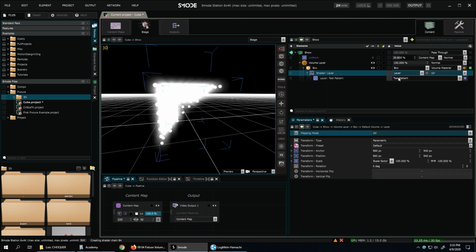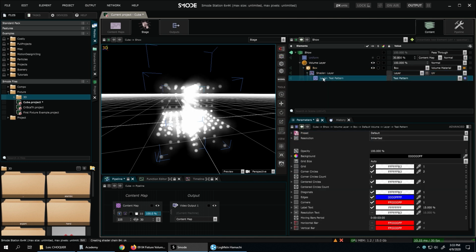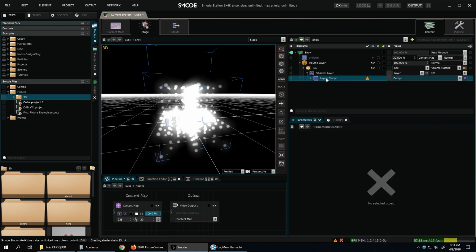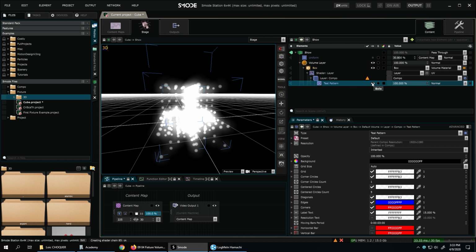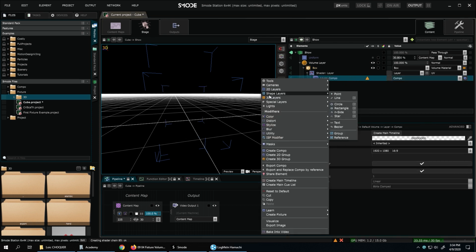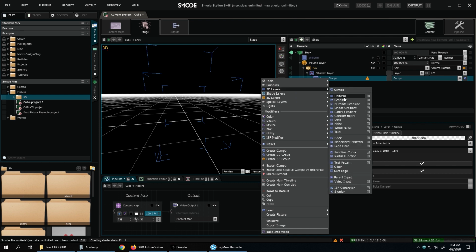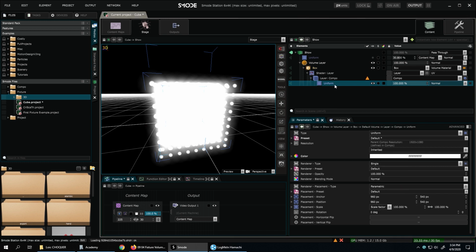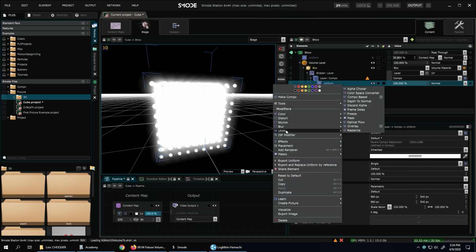So next is the layer mode. So this is like a composition. You can make a composition inside it, like for 2D object, 3D object. Sorry. So here we can use some effect. So we can create, for example, a wireframe cube.